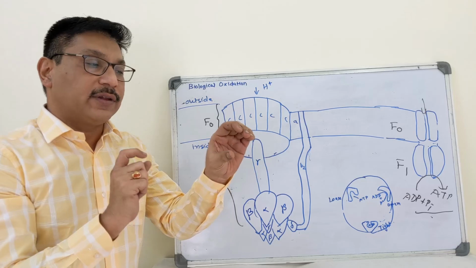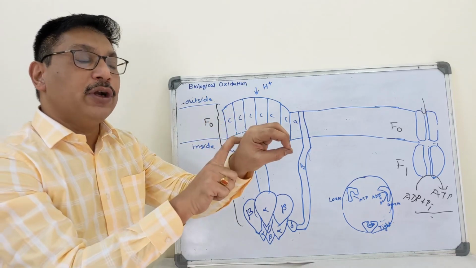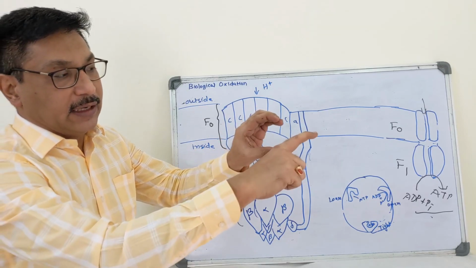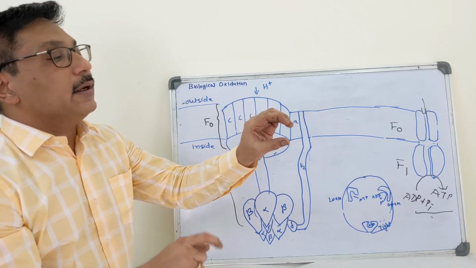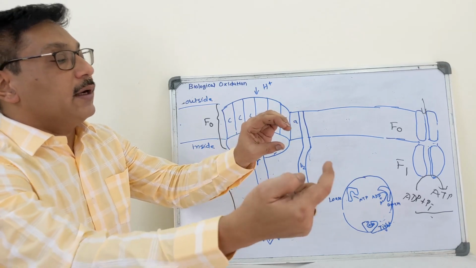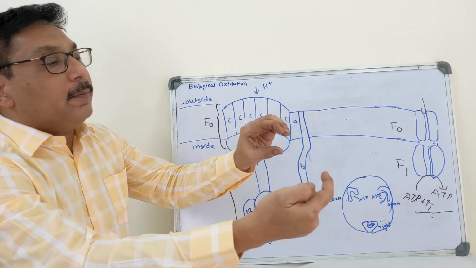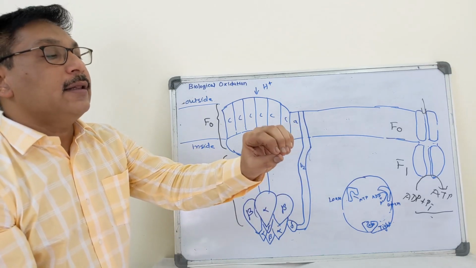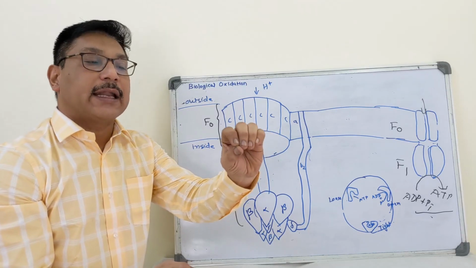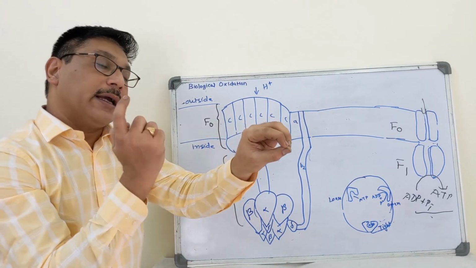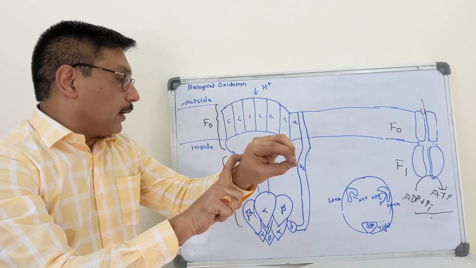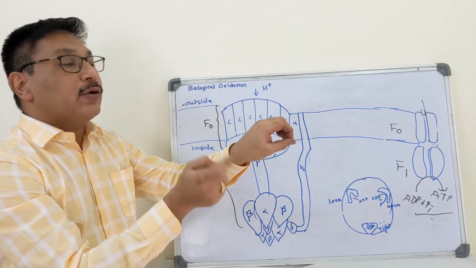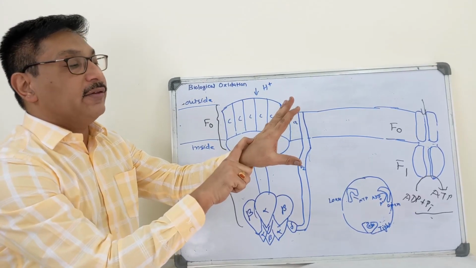The movement is the same when the gamma subunit hits the beta subunit. First ATP is released, then the conformation changes from loose to open, where ADP and Pi enter inside, and then it makes a tight conformation. Again, when this gamma subunit hits, it will release ATP. So now the gamma subunit has hit here, it will release ATP.